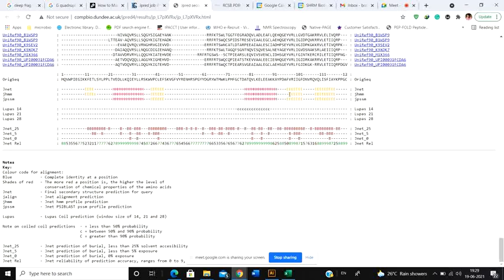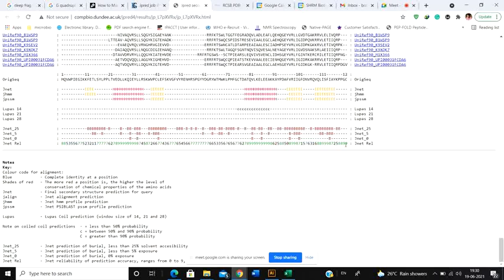The same thing is coming for this particular stretch also. Okay, so we can simply close our eyes and say that yes, this particular stretch has the alpha helix nature. Again, then you have an algorithm to calculate the random coiling, and it calculates that this particular portion is a random coiled structure. Whereas lastly you have the solvent accessibility of your molecule, and that predicts the solvent accessibility of every amino acid.